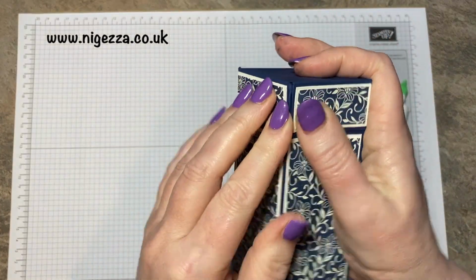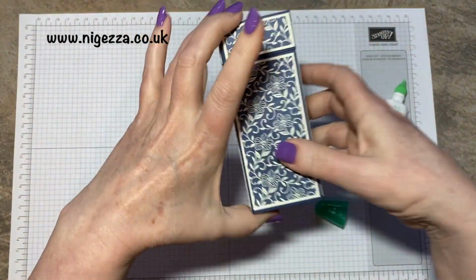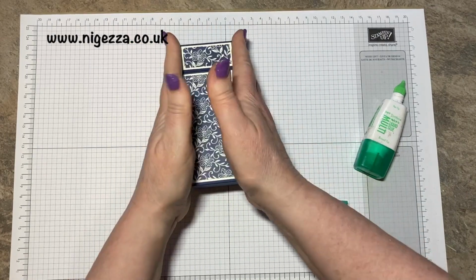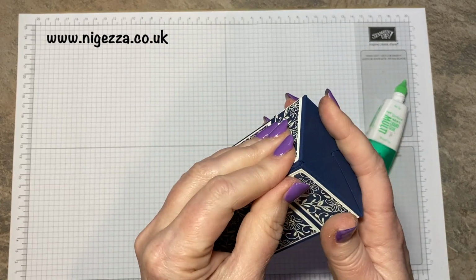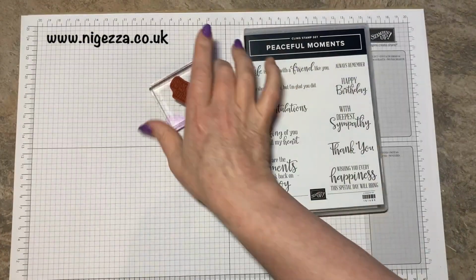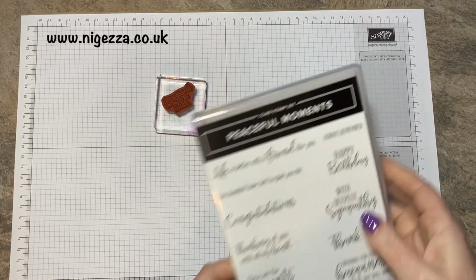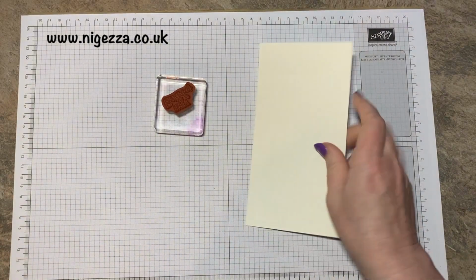There we go. So that is that stuck down. So that is the box all ready to decorate for whatever occasion you want it to be given to. I'm going to do a happy birthday one today. So I've got happy birthday there from Peaceful Moments, and I've got a scrap of Very Vanilla,